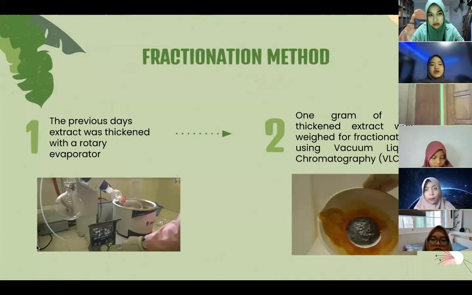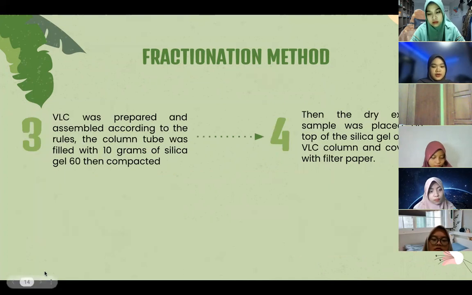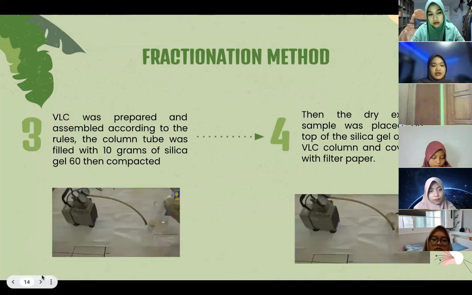Fraction method. The first step: the previous day's extract was thickened with a rotary evaporator. For the second step, 1 gram of the thick extract was weighed for fractionation using vacuum liquid chromatography. Third, the VLC was prepared and assembled